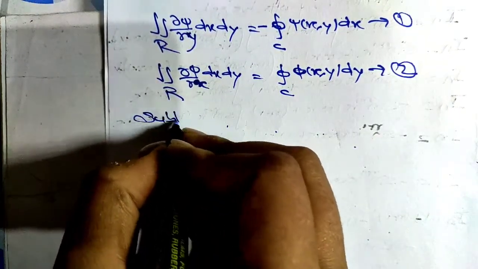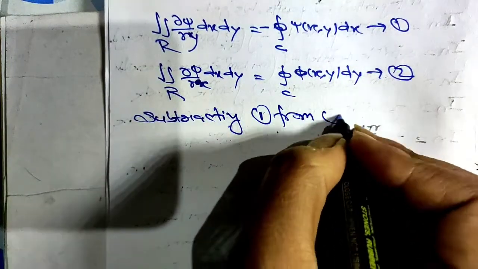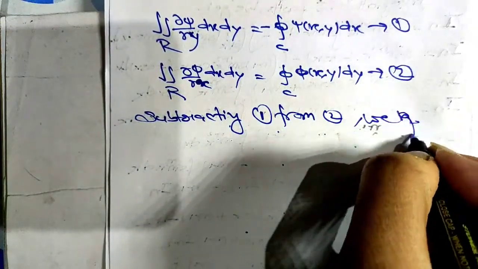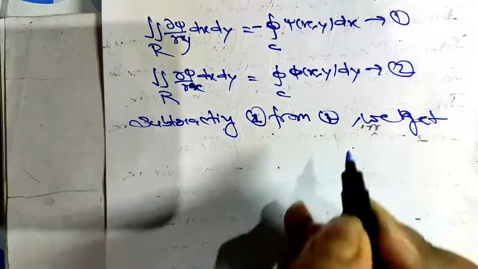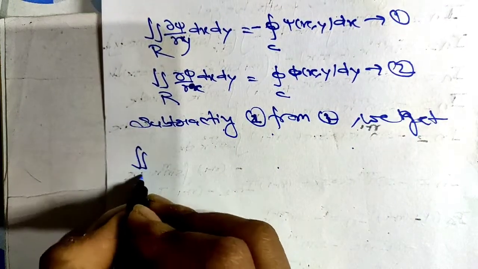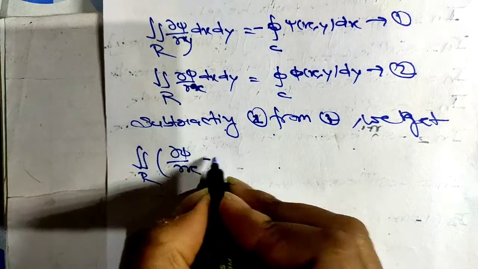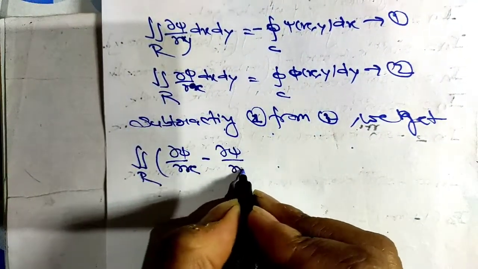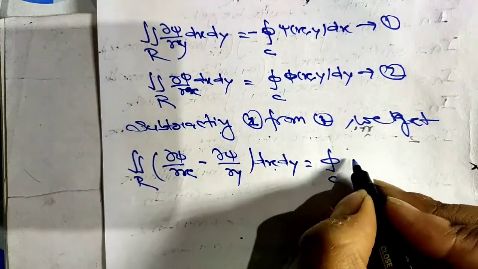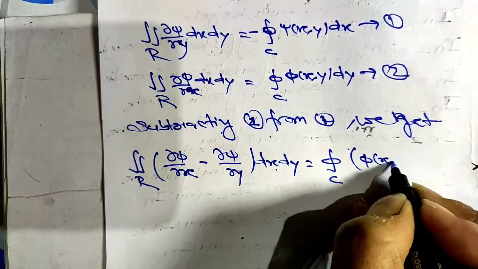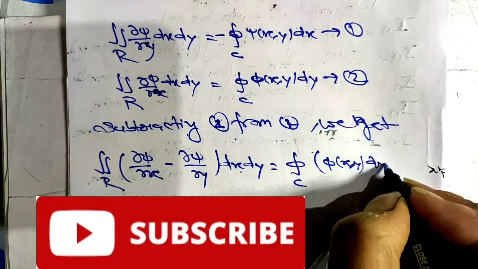Now subtracting equation 1 from 2, we get the surface integral over R of (∂φ/∂x minus ∂ψ/∂y) dx dy equals the line integral of φ(x, y) dy